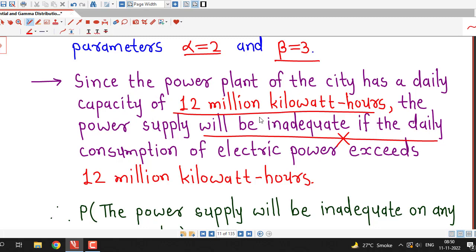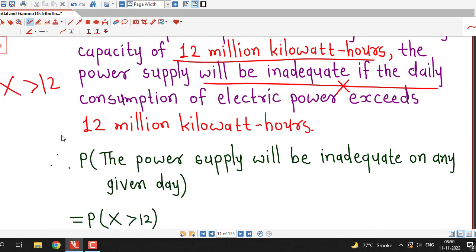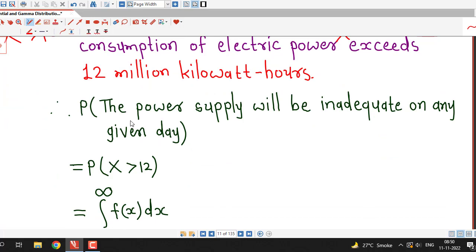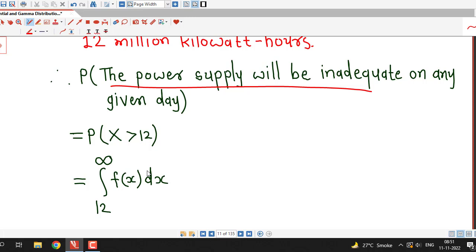So the power supply will be inadequate if our random variable X exceeds 12. So the required probability that the power supply will be inadequate on any given day is the probability that capital X is greater than 12, and by the definition of PDF that is given by the integral of fx from 12